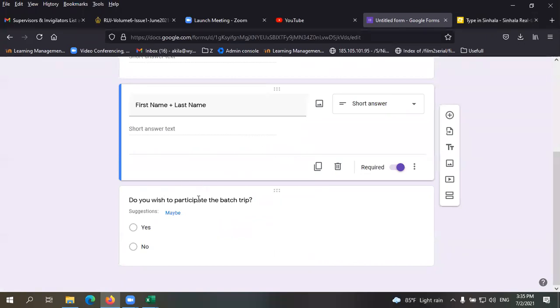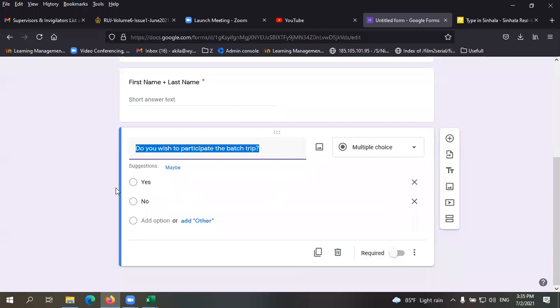All right. So then you can add the question. If you want to add images and other things, you can apply that for your form as well. So let's have another question like this.